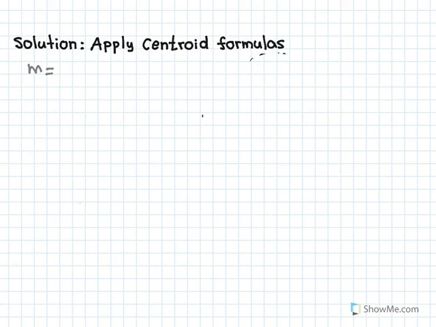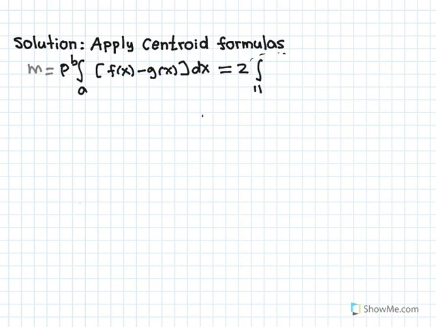Mass is equal to rho, density, times the integral from a to b of f of x minus g of x, integrated with respect to x. The density is equal to 2. Integrate from pi over 4 to 5 pi over 4, top function minus bottom function: sine x minus cos x dx. So the mass is equal to 2 times